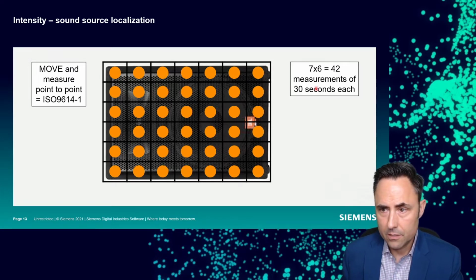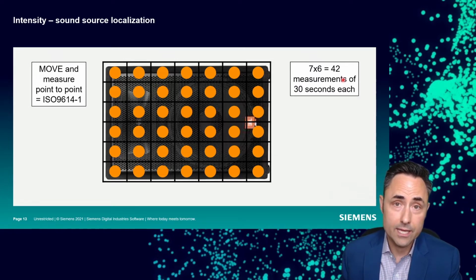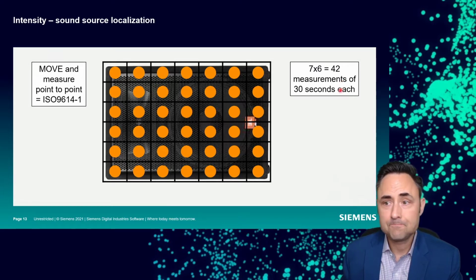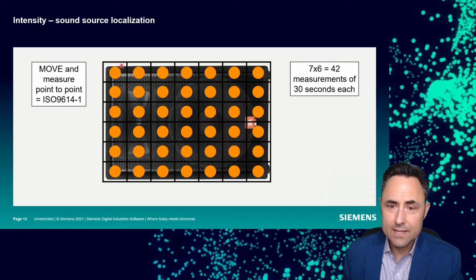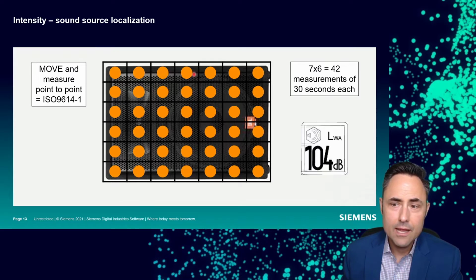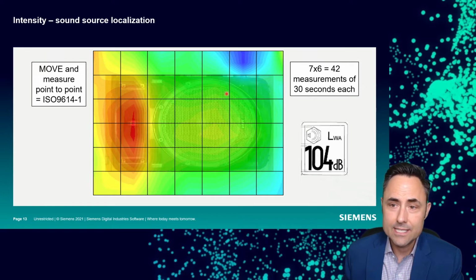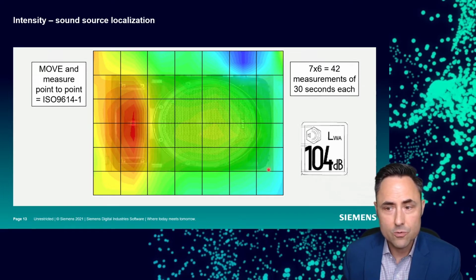And you see I have 42 measurements. So I'm making a drastically increased amount of time spent measuring, 42 times as much time taking data. But the additional insight I'm going to get is that I can take these individual measurements and I know exactly where I was for every given measurement. And so I can not only calculate my sound power value from this by doing that summation and multiplication by surface area again, but I can also get to information like this, where I can now map out how much sound intensity comes from each one of these grid squares, right?